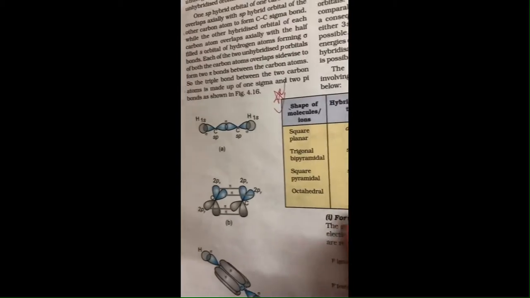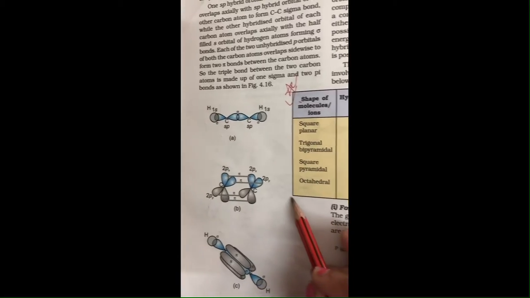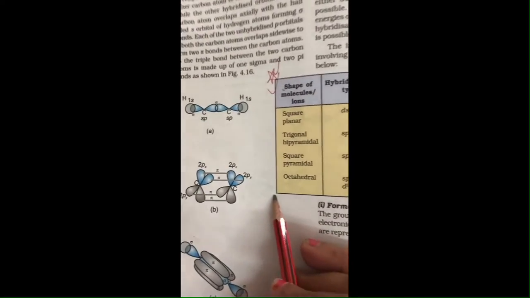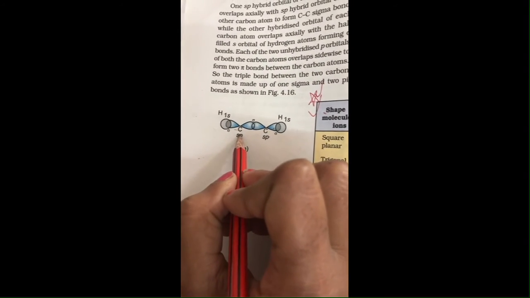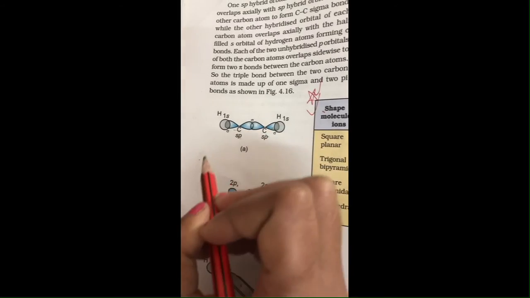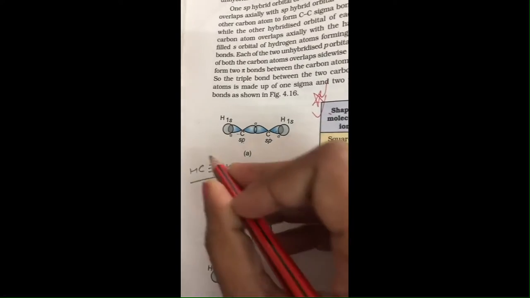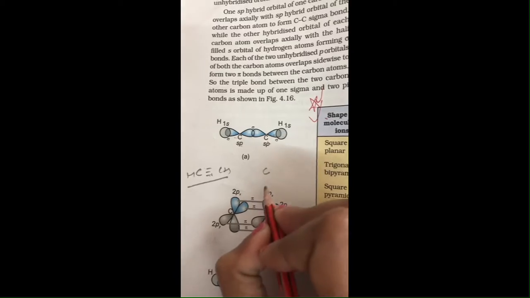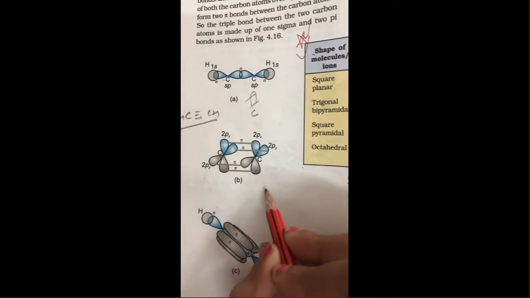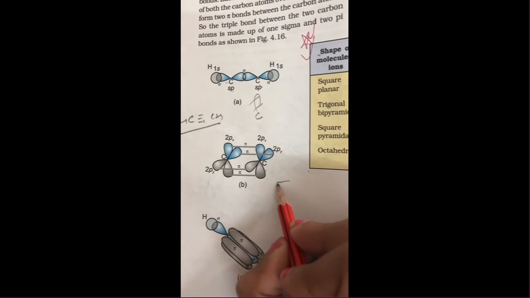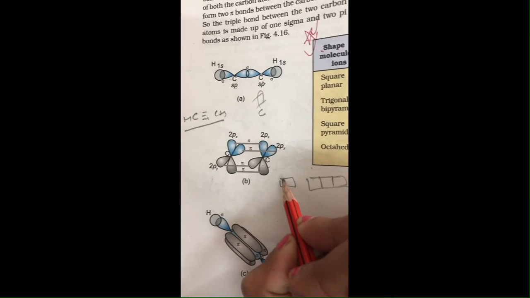So the next structure will be of the sp hybrid orbital. In case of sp hybrid, the nature of the bond will be triple. Clear? You can take an example like this here, sp. Each carbon is sp hybrid, that is 1, 2, 3 in case of a triple bond, because when you are going to draw its orbital structure for carbon, in this case you can initially see it from here. To draw this structure, it's better you have an idea about its atomic orbitals. Clear?